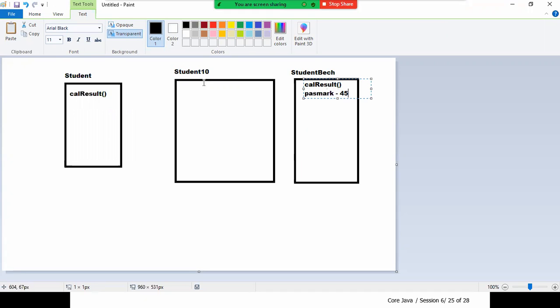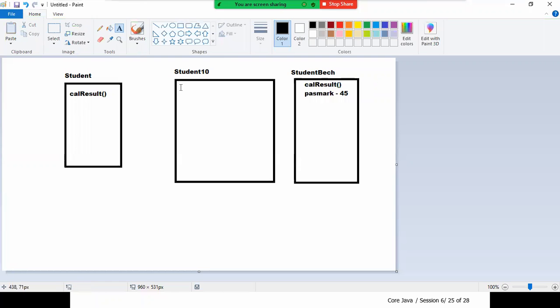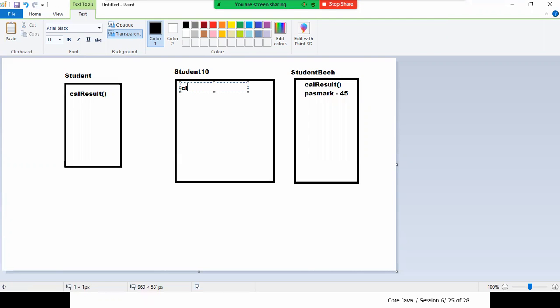Let's say it's 45. What about class 10th here? When I talk about class 10, the same way I'm writing the CLC result function. The pass mark for the student here is 35. Let us take it as 35 here as a pass mark.